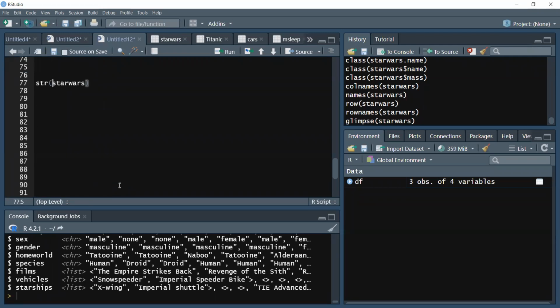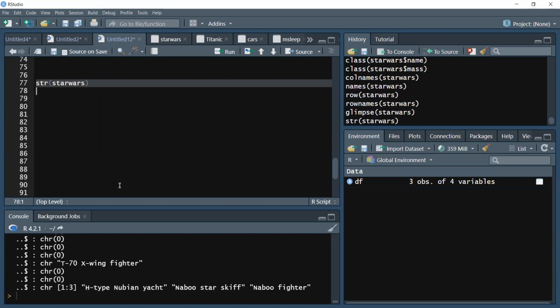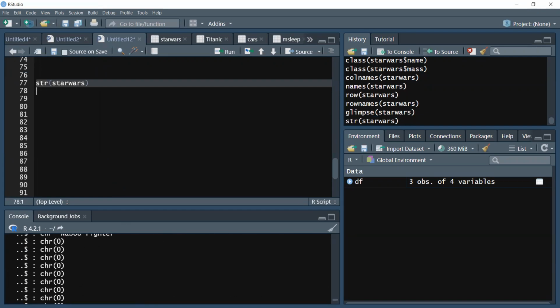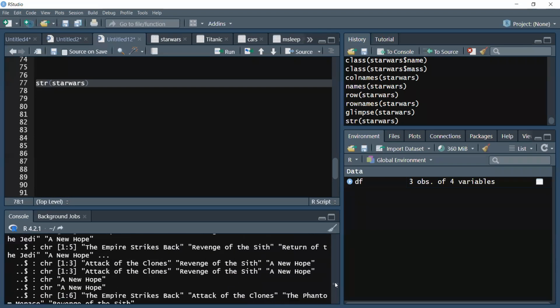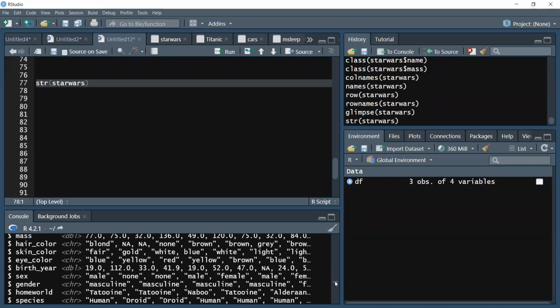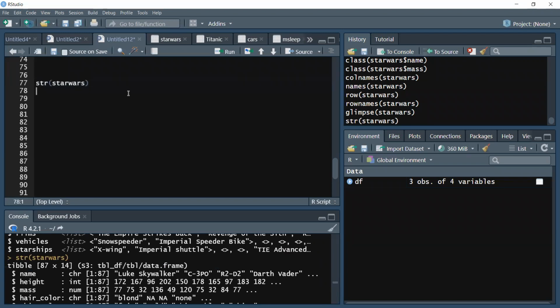So if I run that Star Wars, can you see that it will bring out all the features for me? Okay, so to bring out all the features for you. Now, for example, the way I selected the data, let's say I want to select vehicle. So if I say class Star Wars